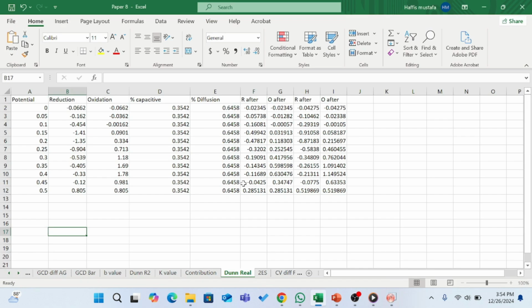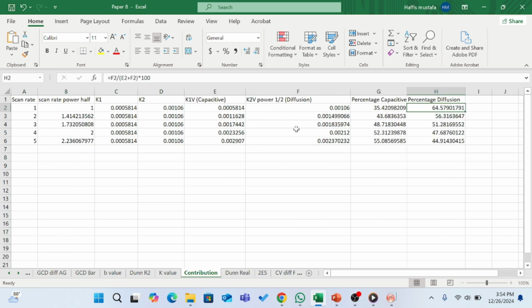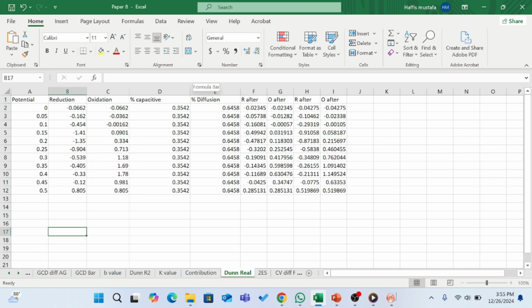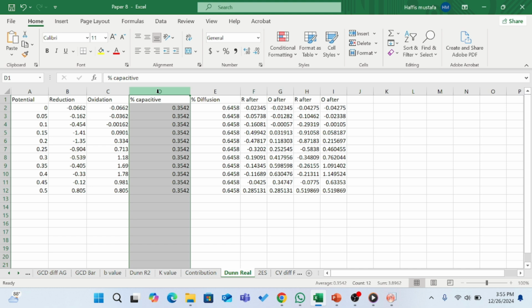Okay, then after that, you want to do the percentage capacitive and also percentage diffusion. We already get the value here. You see here, when we calculate, we got capacitive at 1 millivolt per second is 35%, diffusion is 64%. So then what you need to do, convert the percentage. You need to divide by 100. So you can get 0.35, 0.65, around like that. Then we're going to see this one, the value is constant throughout the potential window. This one also constant throughout the potential window for percentage capacitive and diffusion. And you want to know that